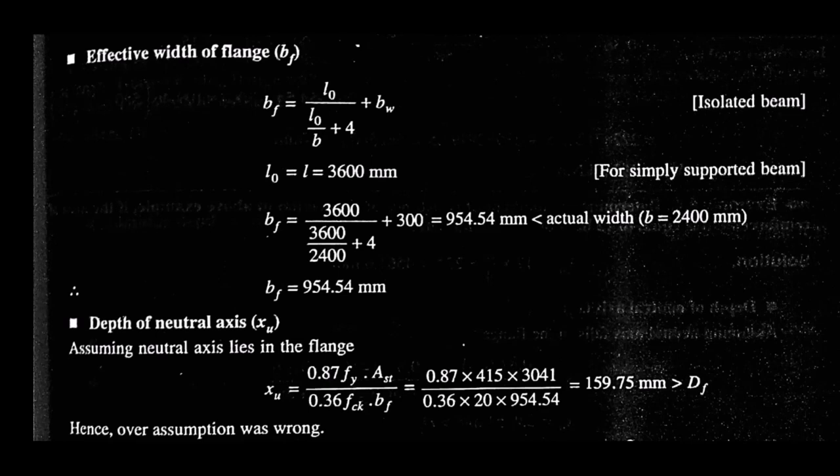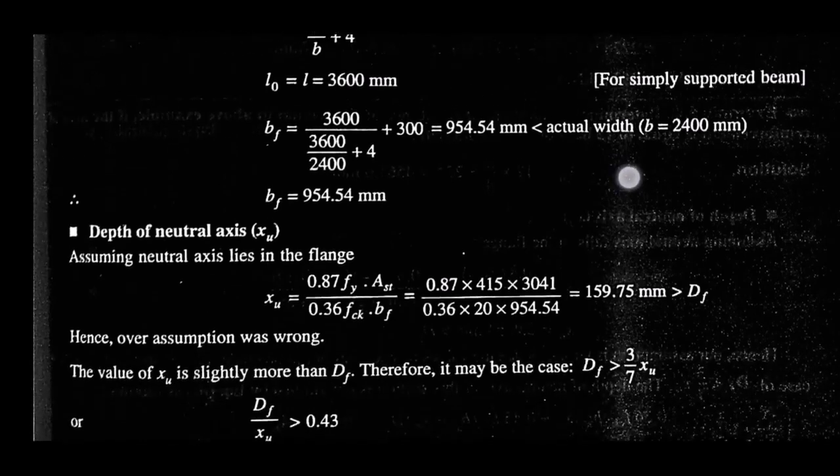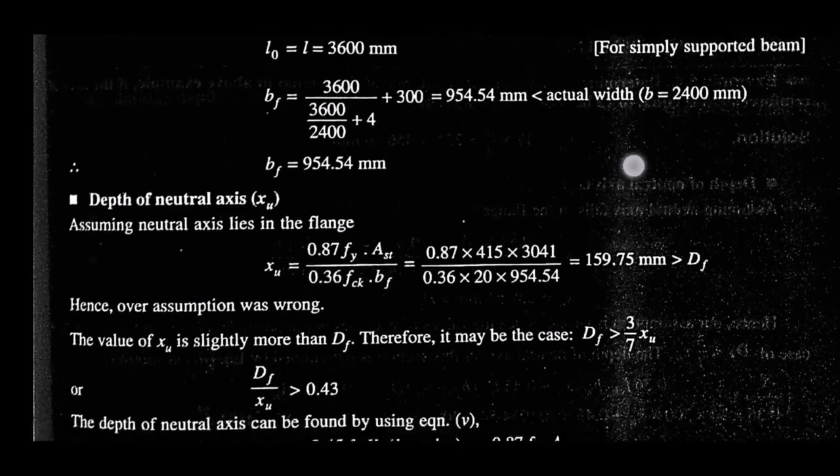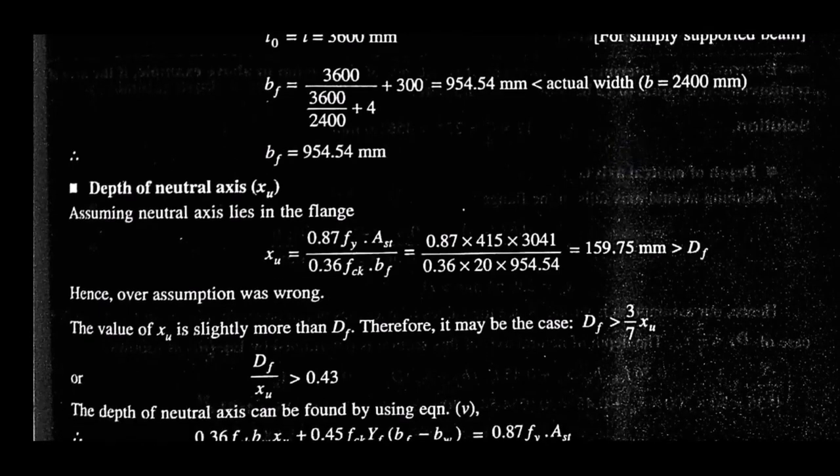That means our assumption was wrong. That means the neutral axis in this case lies in the web. So now we have to take another consideration. The value of